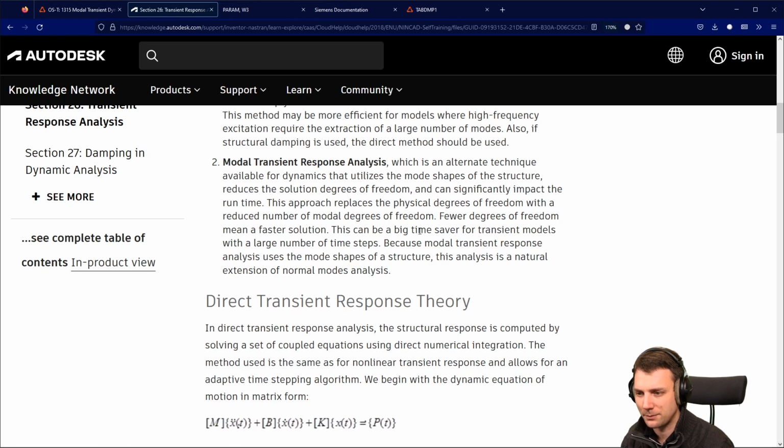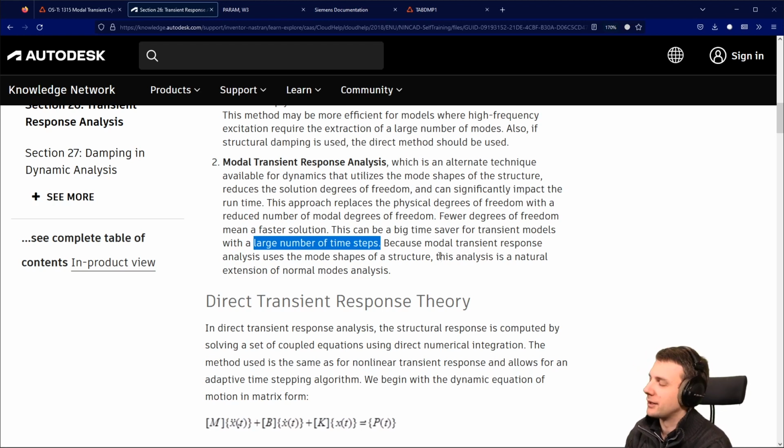Yeah, I talked about that. Big saver for transient models with a large number of time steps. Yeah, we won't have that here. We have just one time step, but yeah. No, not just one time step. It's multiple, 800, but it's rather small. Okay, now